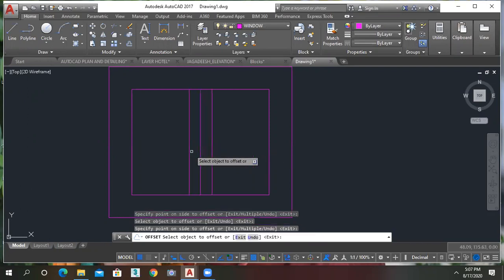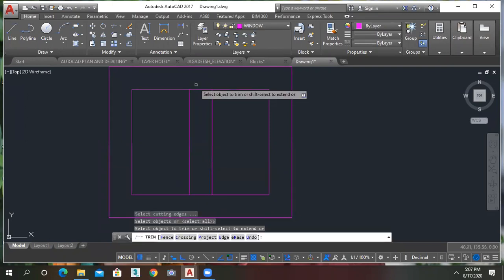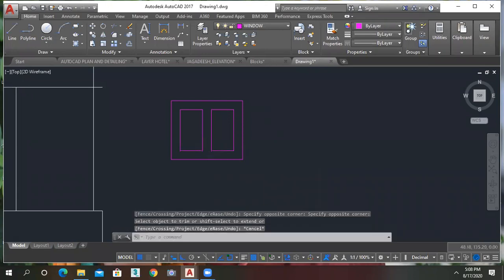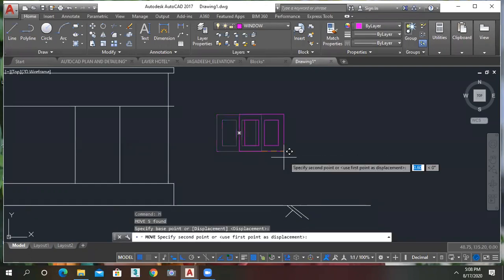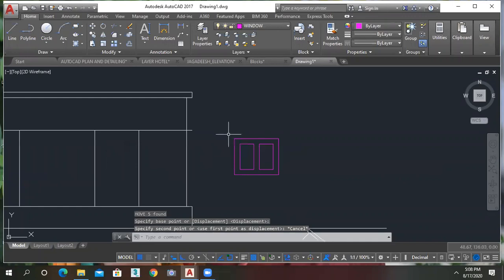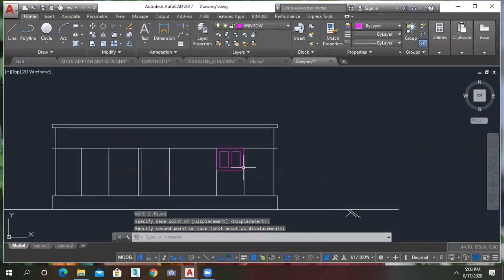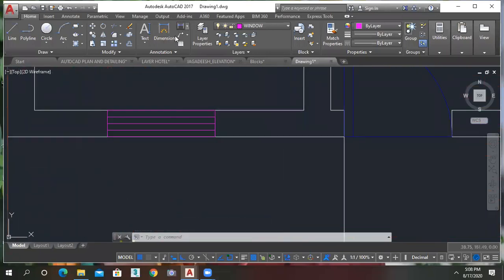Okay, and trim this. So this is my window now, and keep the window here. So what is the width of this? I think 1 meter. So just confirm that.